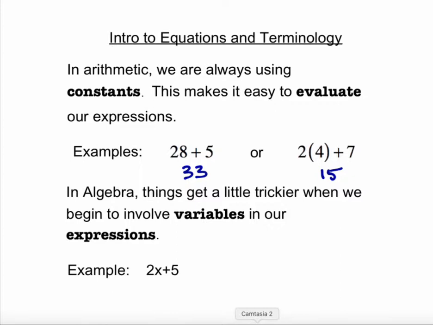Now in algebra, things get a little trickier when we begin to introduce variables into our expression. Now a variable is something like our classic letter x. Now it stands for a number, but we don't know what number it is. And in fact, what number it stands for varies. It can be anything in this case. So if we wanted to evaluate 2x plus 5, well, that'd be a lot harder because we don't know what